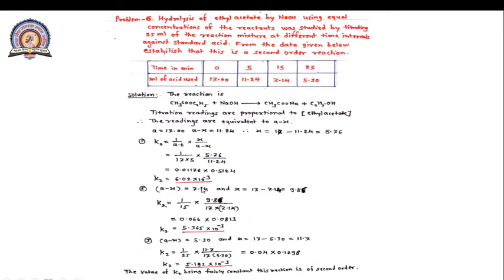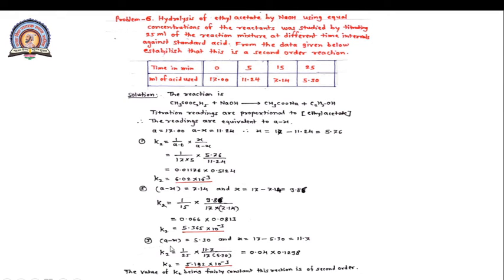Similarly, for this second reading, A minus X means 7.14 and X means 17 minus 7.14. Now this is 9.86. Then K2 is equal to 1 upon 15. This first calculation is for 5 minutes, and the second is for 15 minutes. So here take 15 into 9.86 divided by 17 into 7.14, then finally K2 is equal to